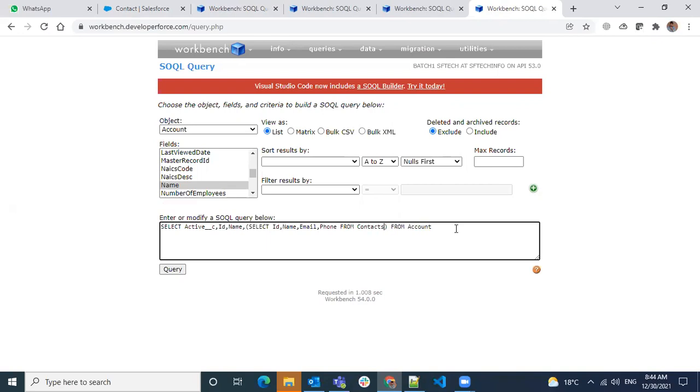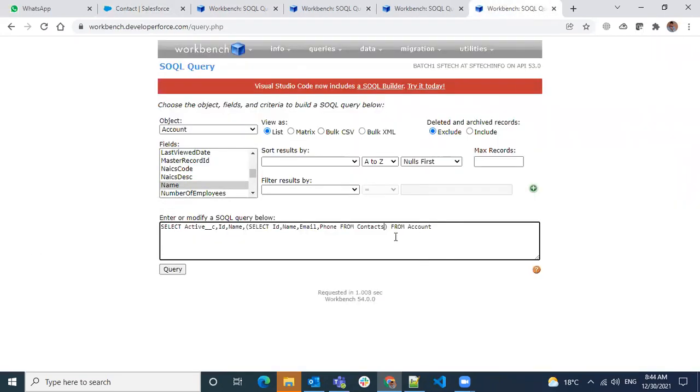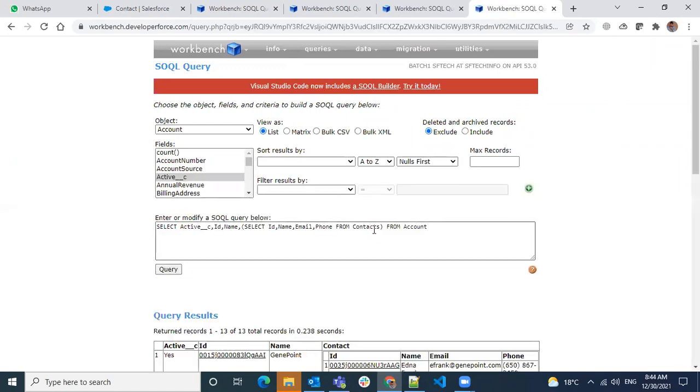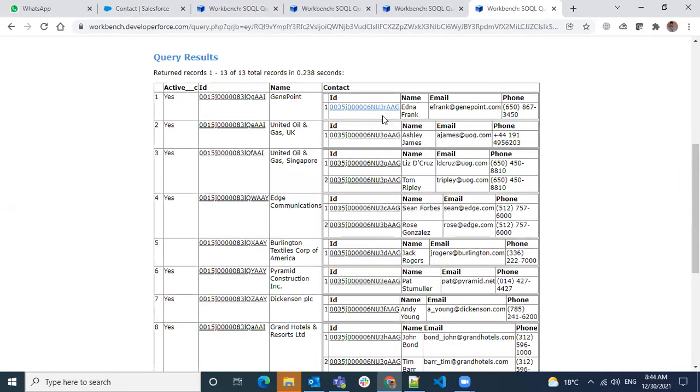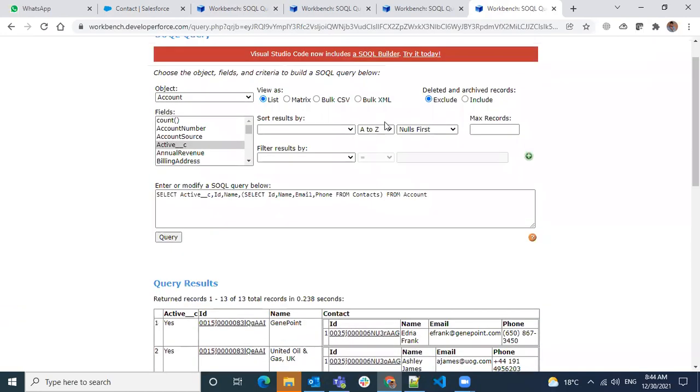What is the relation field I have? I have the relationship field as Contacts. So for a standard field, I don't use any underscore underscore r. I just use exactly the same field as it is. That's how you will get it. Okay, now we have this.